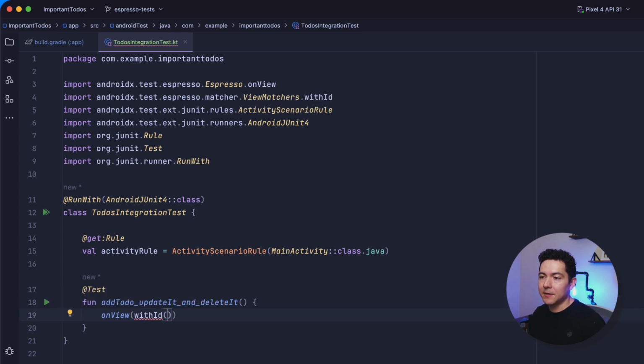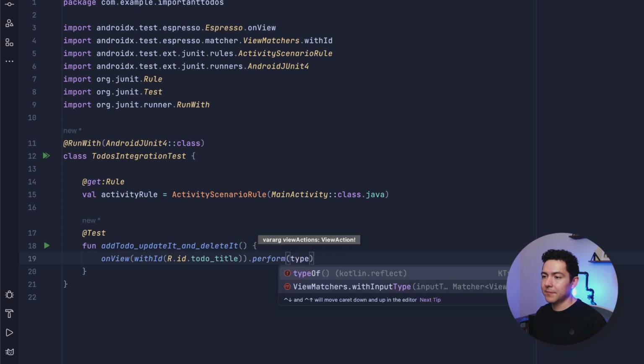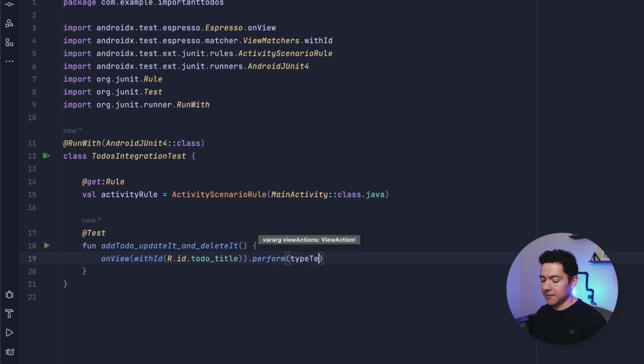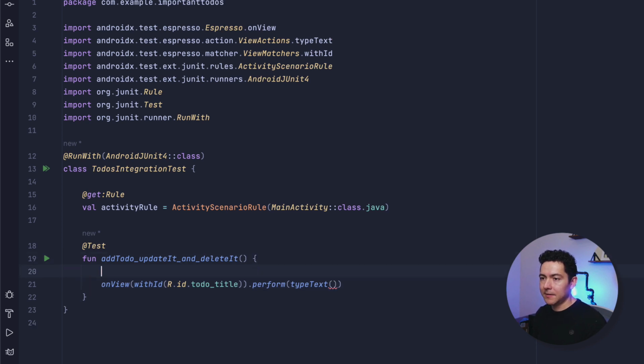And then here we can say r.id, and I believe it is the to-do title that we want to match, and then we want to perform a type text. We're going to type some text into this. We import that in there, and since we're going to be checking whether this text actually displays later, let's go